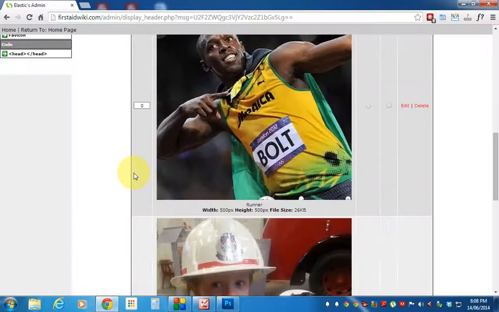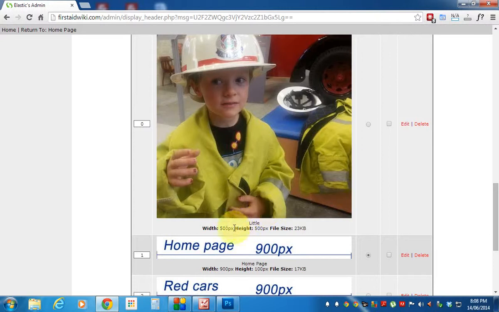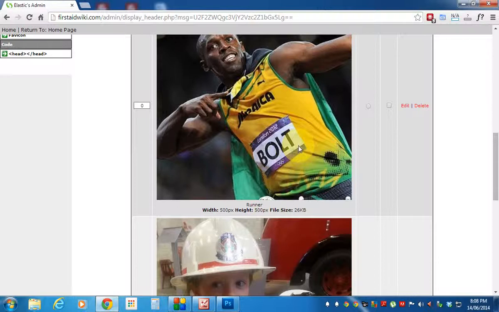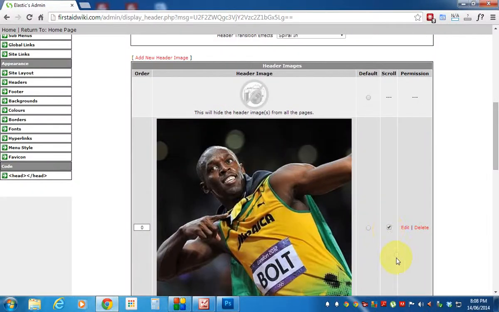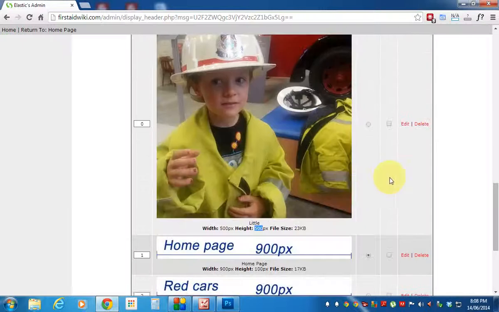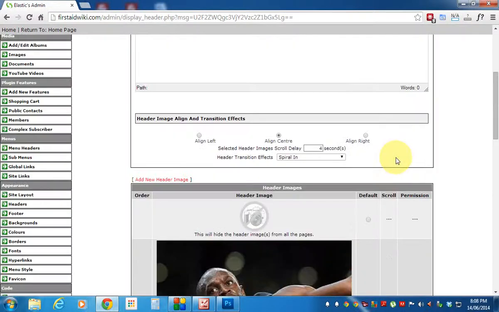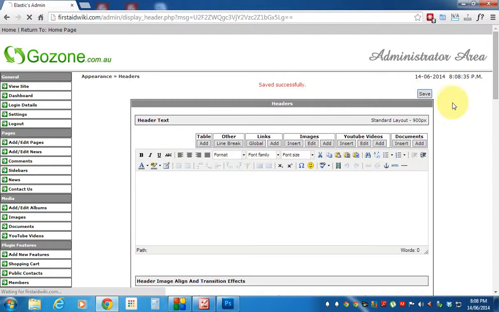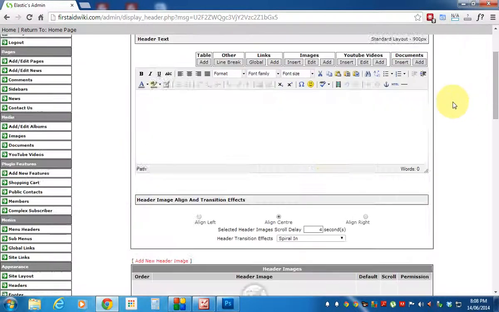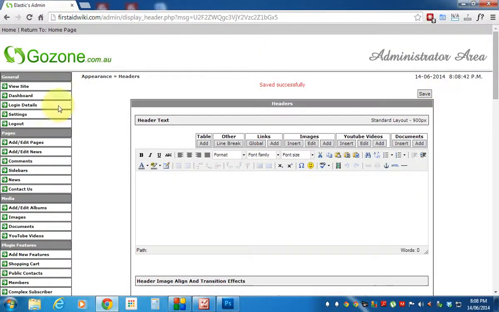If we look at these two header images, you can see here 500 by 500. This one is 500 by 500, so both of these images are identical in size. I want to tick the scroll button here because I want these images to be part of my scrolling header. I'll save that. Okay, that's saved. Great. Now, when I go to my home page,